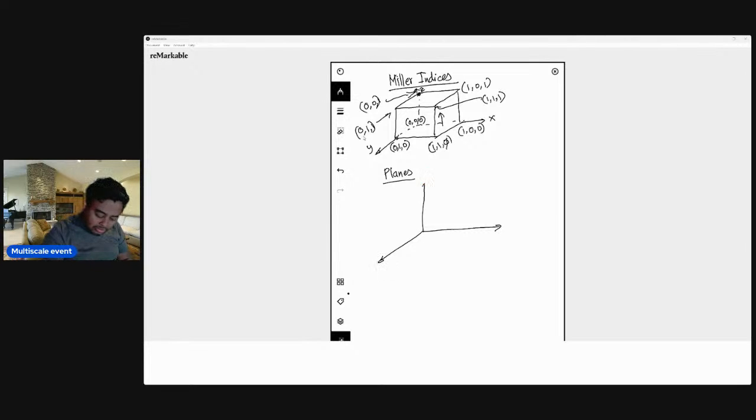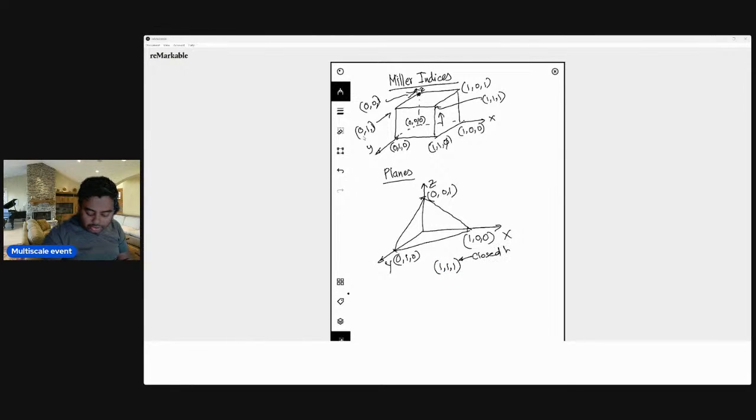let's say we have a plane. This is the z direction. Sorry, this is the y direction and this is the x direction. And let's say we have a plane which is cutting at 100, 001, and 010. Then we know the intercepts of this plane. The intercepts of this plane are one in the z direction, one in the x direction, and one in the y direction. So basically, when we know the intercepts of the plane, we'll represent it as 1, 1, 1. And then we'll use